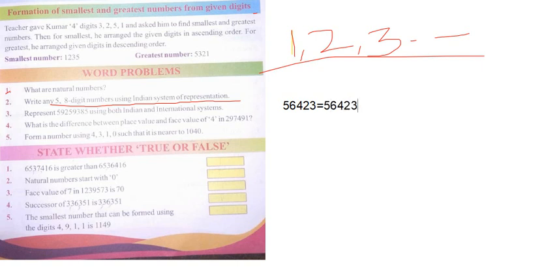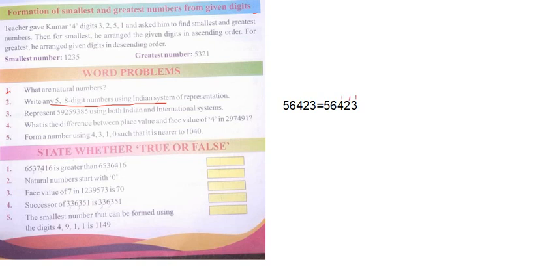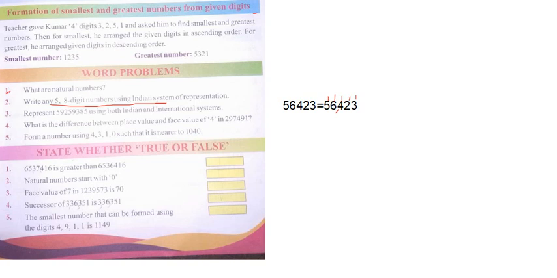When you are writing in the Indian system, you have to place the commas from the right side to the left side, according to the arrow mark. Our first comma should come after the first, second and third digits. Here place 1 comma. After that, 2 digits, 1 2. After that there is no digit, so don't put any commas. So this is my Indian system representation. This is the answer.